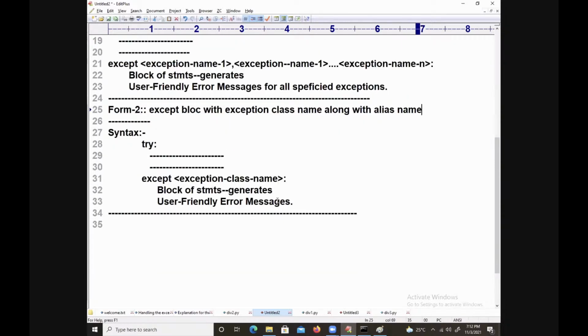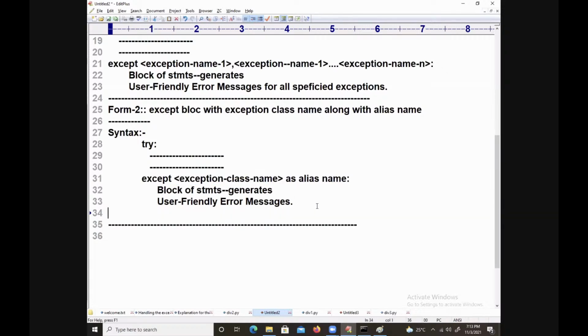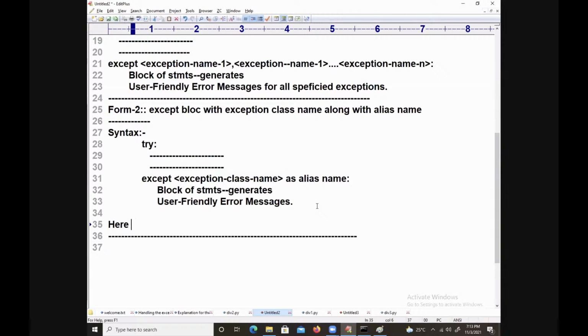What a beautiful form. Exception class name as alias name. Do you know alias names already? That is nothing but this is acting as an object name of this class, the object name of this exception. Here I can write one note: here the alias name acts as the object name